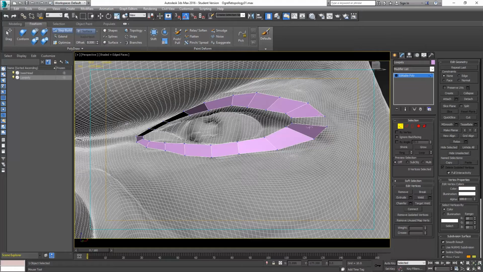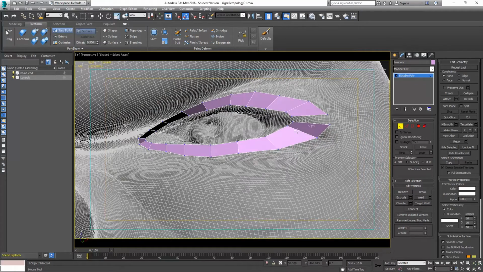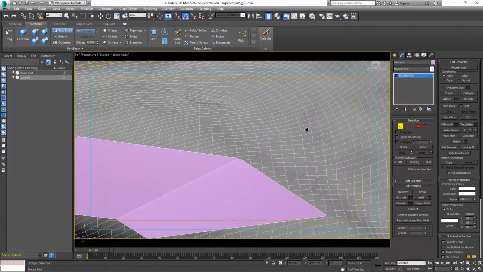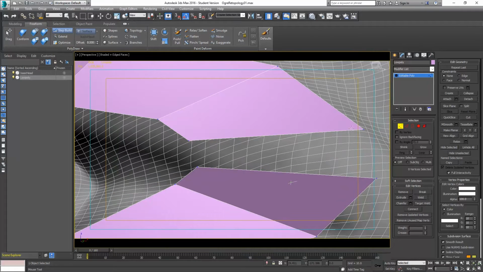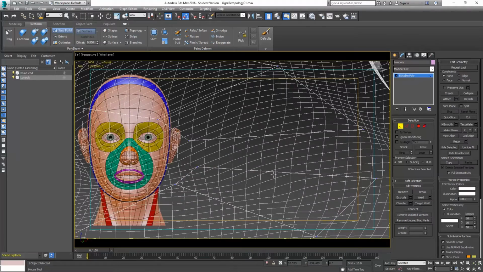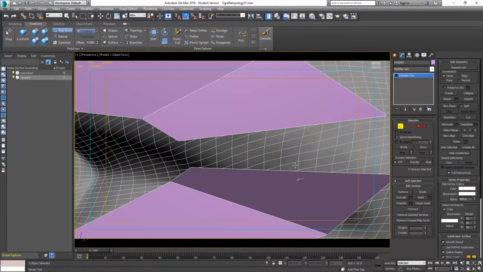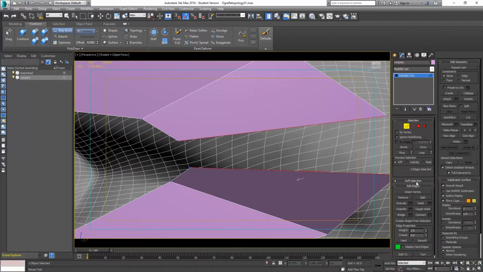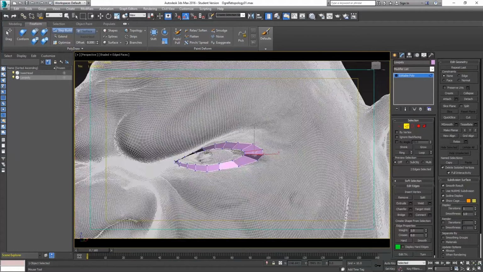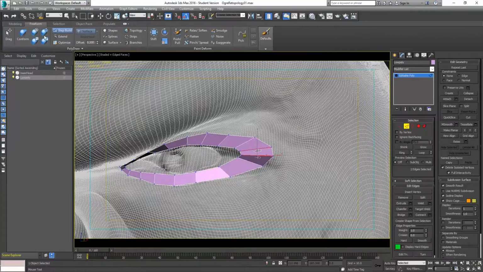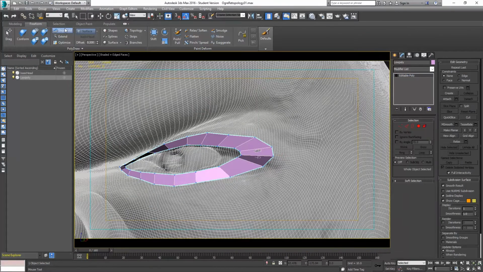Yeah, so sometimes it's going to give you some issues where it just doesn't really know exactly what you want. So it's having a difficult time here. I want to make sure I haven't created any weird edges. I haven't. Okay, so I'll just go ahead and do it manually. Just go into Bridge. That's easy enough. Okay, and that doesn't mess anything up. I can go right back into my tools here